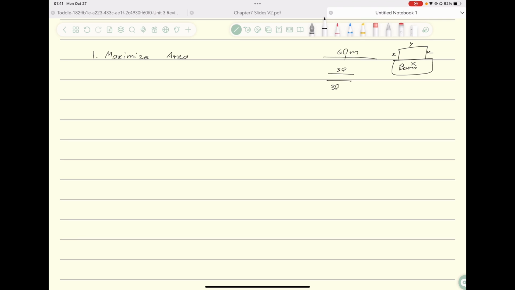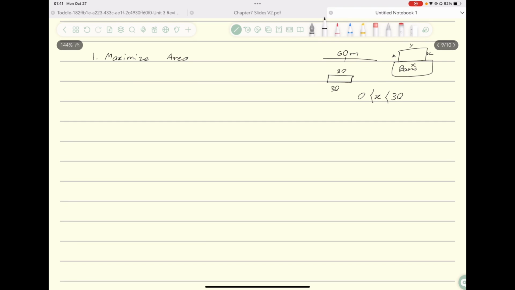But we cannot use 30, because if we use 30, we don't have any values for this vertical dimension, so the value cannot be 30 or 0, which doesn't make any sense. So the domain of x will be between 0 and 30. We have this fence of 60 meters, so the perimeter of the fence will be 60,